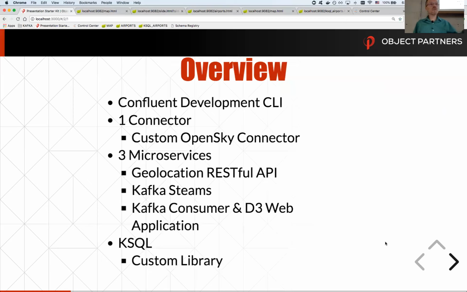So what I showed you right now is written in Kafka Streams. And then I have a Kafka consumer app that reads from a variety of topics and displays that using D3, and that's what I showed you there as well. And then I also have a custom library I wrote for writing my UDFs, my user-defined functions, that I make available to my KSQL.